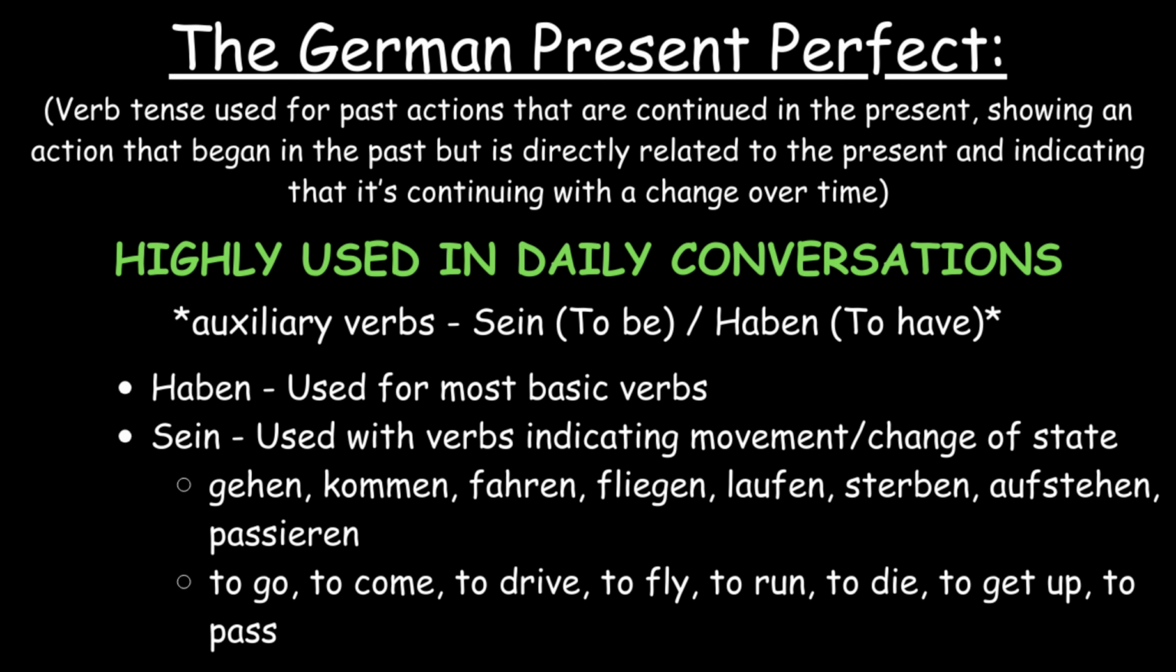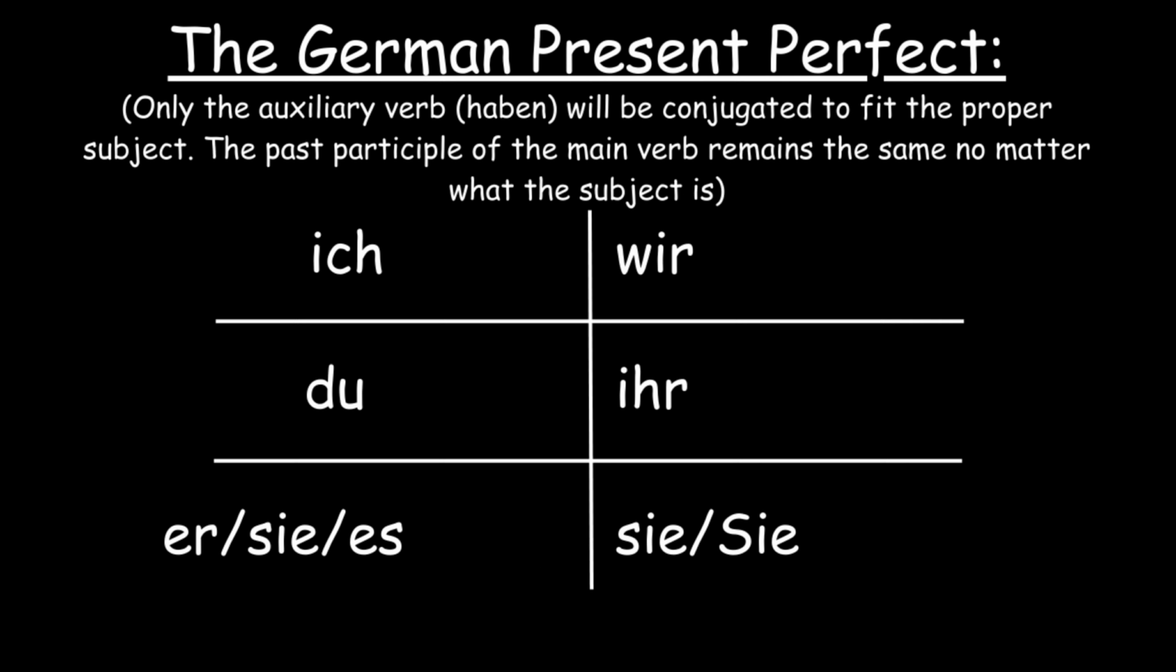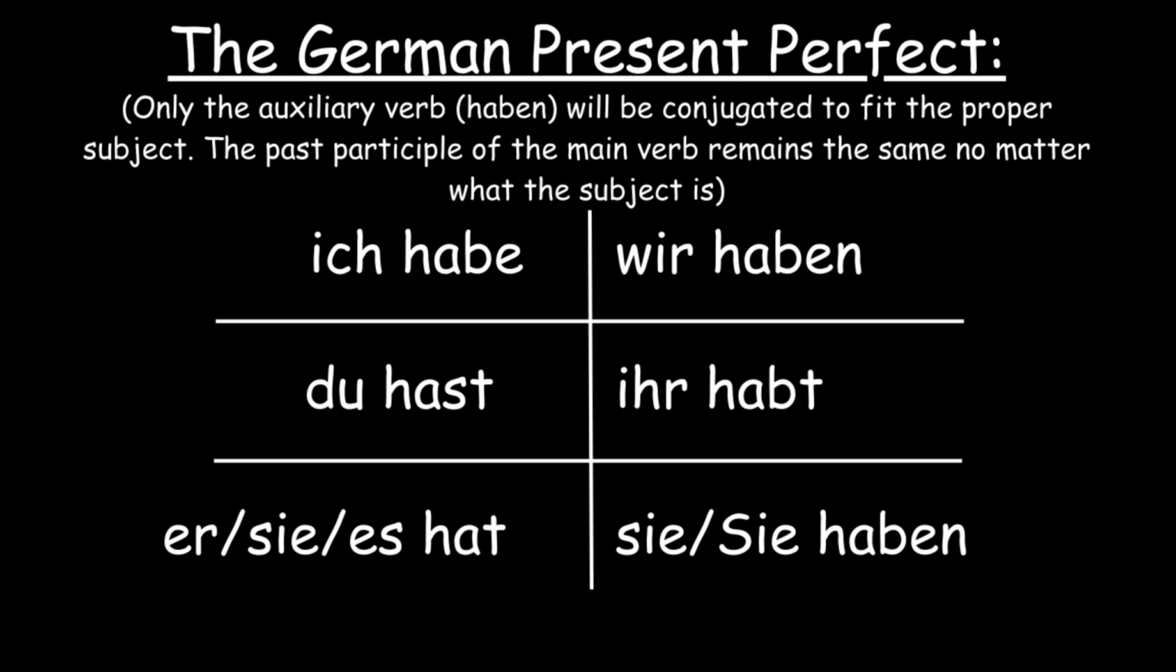aufstehen, and passieren. In the subject-verb agreement, only the auxiliary verb will be conjugated to fit the proper subject. The past participle of the main verb remains the same no matter what the subject is, so generally we use present tense conjugations of haben. Ich habe. Du hast. Sie, es hat. Wir haben. Ihr habt. Sie haben. These are the conjugations that we will use for the German present perfect, along with a past participle of a